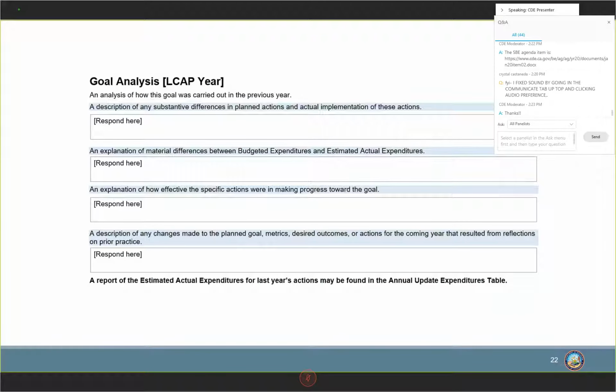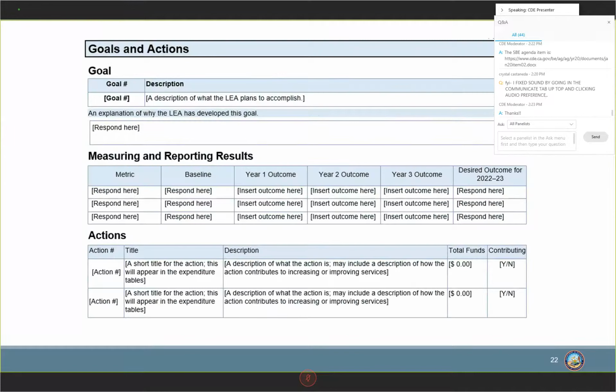And then the 4th part is this goal analysis part. Note that this goal analysis part will not be completed in year 1. So for year 1, we're really focused on these 3 parts of the goal for each of the goals.